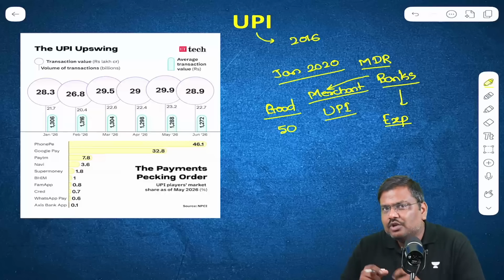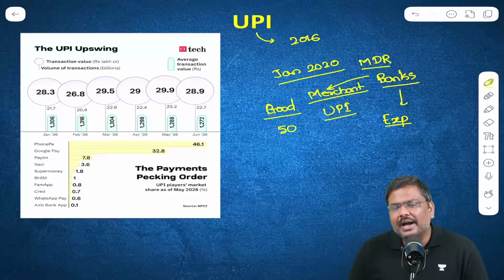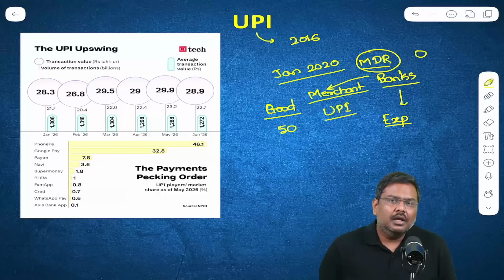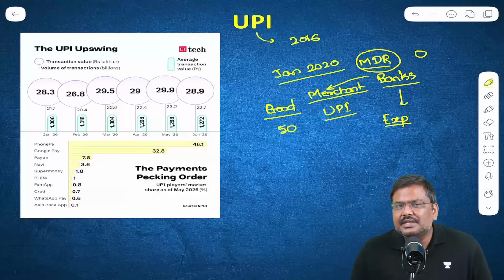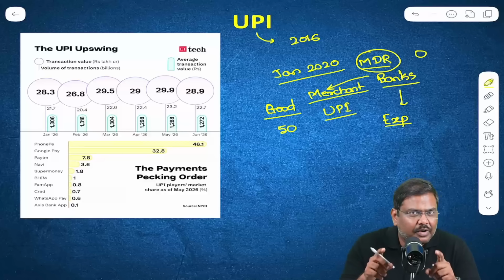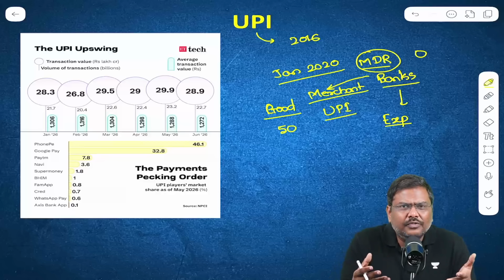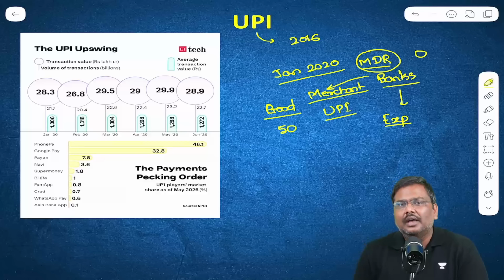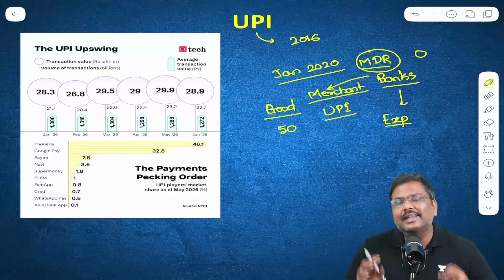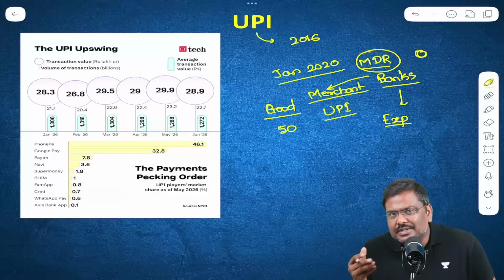The government, from January 2020, in order to boost the adoption of the digital payment system, that is UPI, reduced the MDR to zero, which essentially means I will use UPI to make payments, but for using UPI, I will not be charged anything. I hope everybody can understand this. And I'm pretty sure all of you who are using UPI are aware of this. If you transfer 50 rupees, you are charged 50 rupees from your account, nothing more and nothing less. So in order to boost the adoption, the government reduced the MDR to zero.